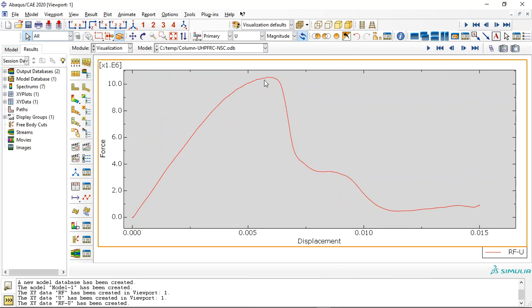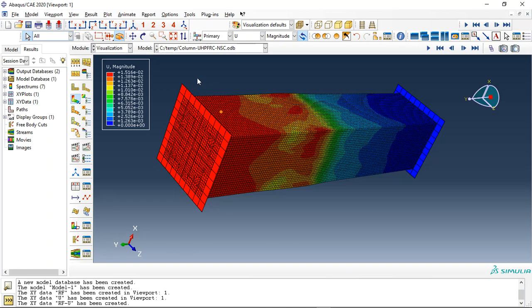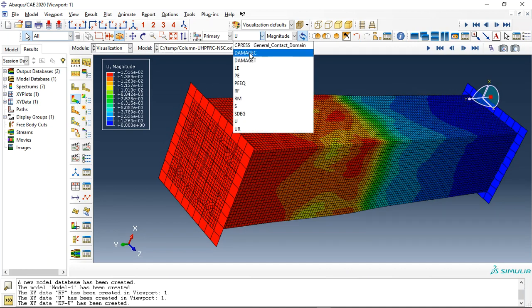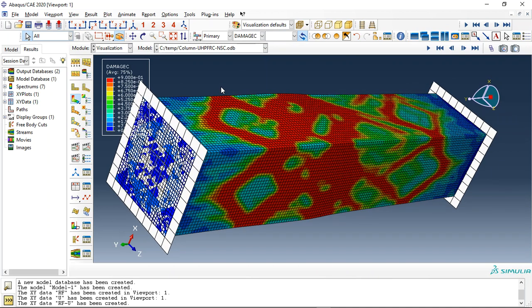You can see this is the force displacement diagram for this composite column. This is the maximum force capacity, 10 meganewton. After that the capacity decreases till here, the column will reach 0, and it means the failure, the maximum capacity is reached. So if you need to model normal strength concrete, ultra performance concrete, steel reinforcement, and the column under